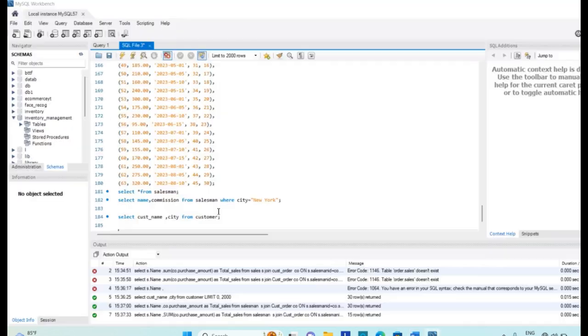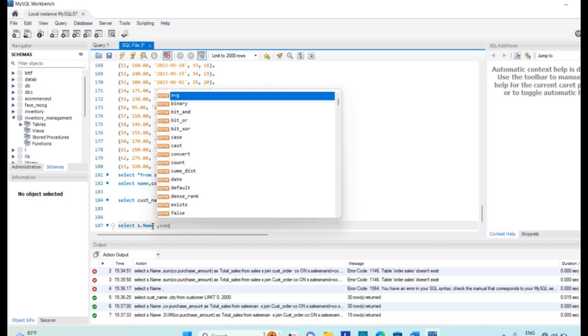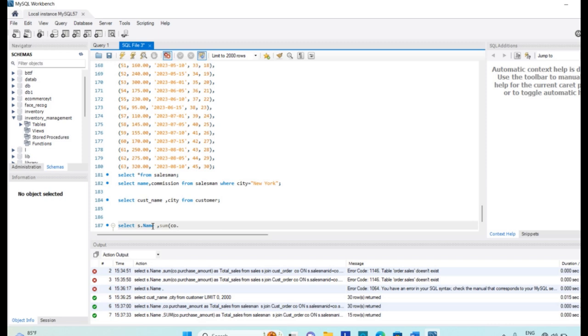To write this we have to create a join between the two tables, that is salesman and the second table, customer order. So we will write select s dot name, that is one field from the salesman table, comma sum of CO dot purchase amount as total from.